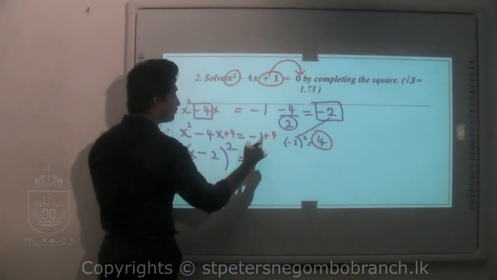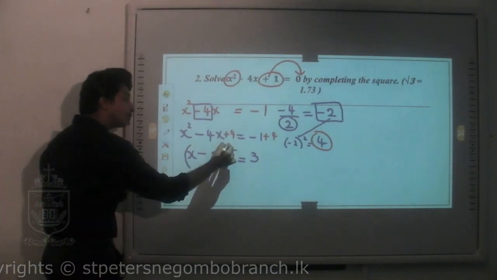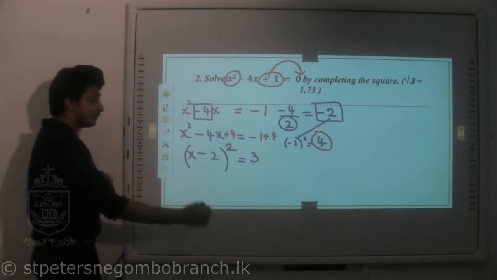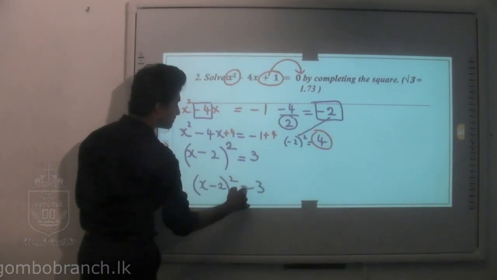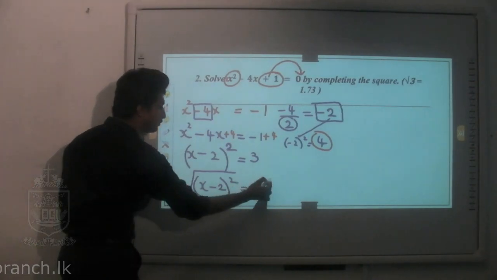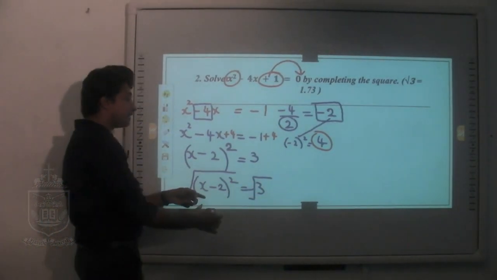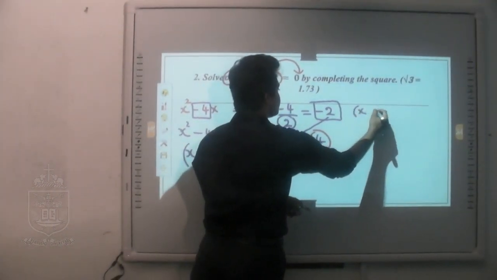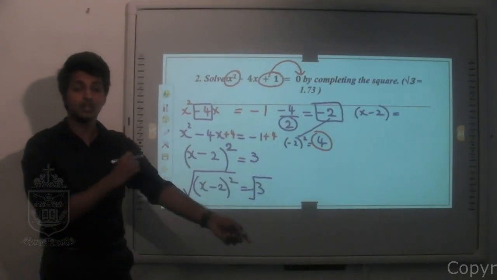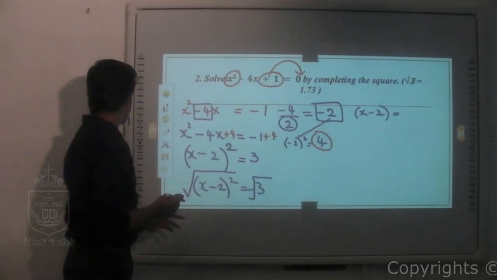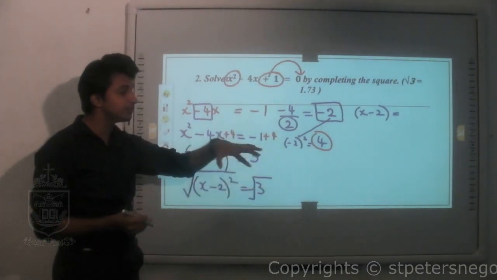So from this side I have 4 minus 1 is 3. Okay. Now I want to remove this square value. For that I have to take the square root of both the sides. Now there's a small issue. This is fine. X minus 2 will come out. No problem on that. But here there is an issue because 3 is not a perfect square. Because 3 is not a perfect square, you won't get a perfect whole number outside.